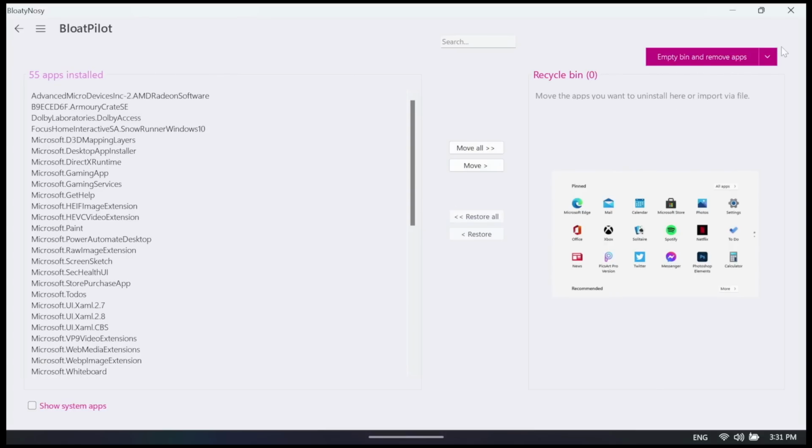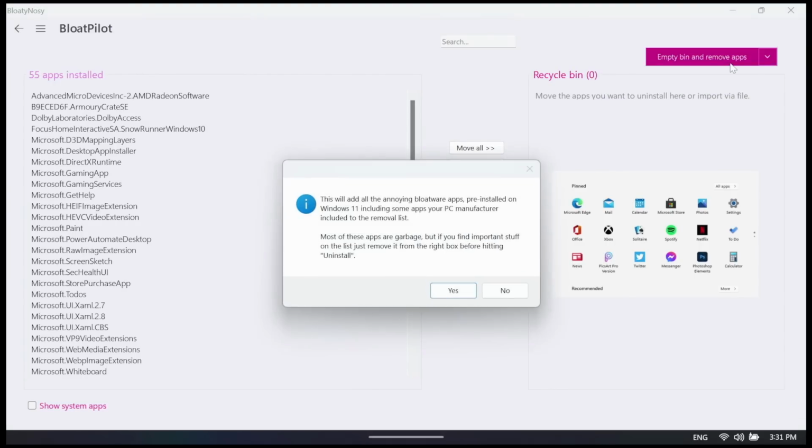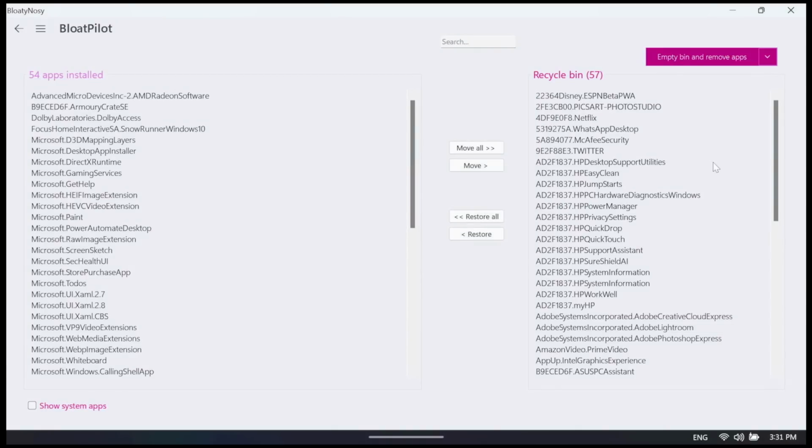Now, the cool thing about this, if you go on over here on the right-hand side and click on the drop-down menu on the empty bin and remove apps, what you can do is add bloatware rated by the community to the recycling bin. So this is what's been voted in by the community and what's been kind of known generally to be like bloatware crap. So what it's going to do is you can see on the right-hand side here,